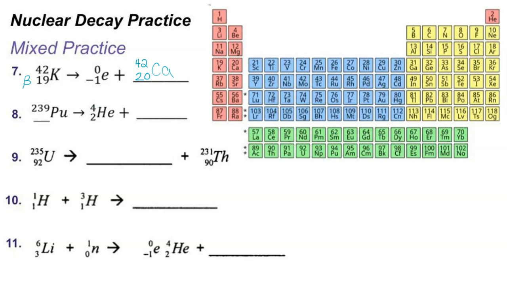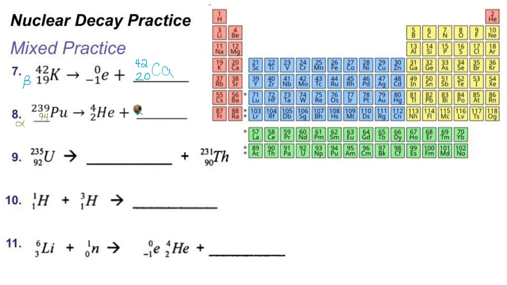So the second one here, we have 239 as the mass number, but we are missing the atomic number for Pu, so we're going to have to come and look at our periodic table. Pu is right here. It's element number 94, so we can easily fill that atomic number in. 94, and then we just need to look at what the effects of the alpha decay are. I know it's alpha decay because of that helium right there, so this is alpha decay, and we need to say what plus 2 gives us 94. Well, that is atomic number